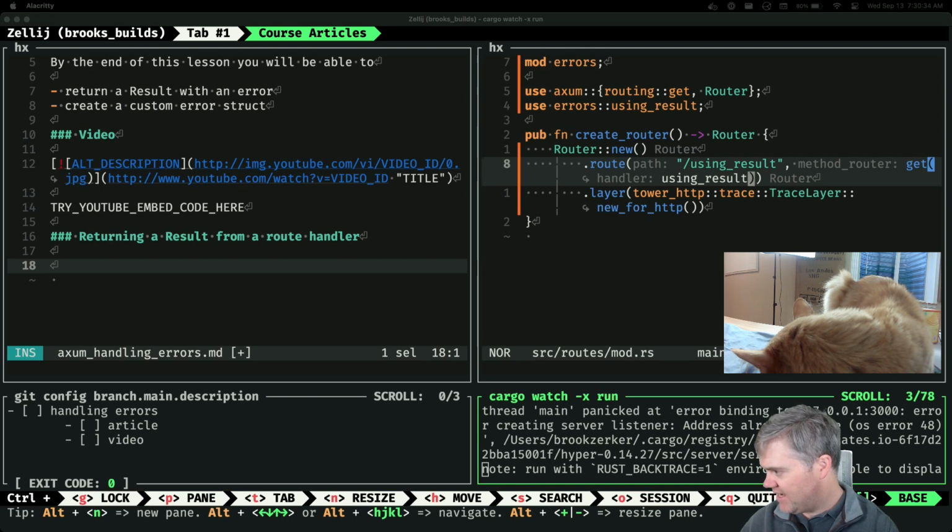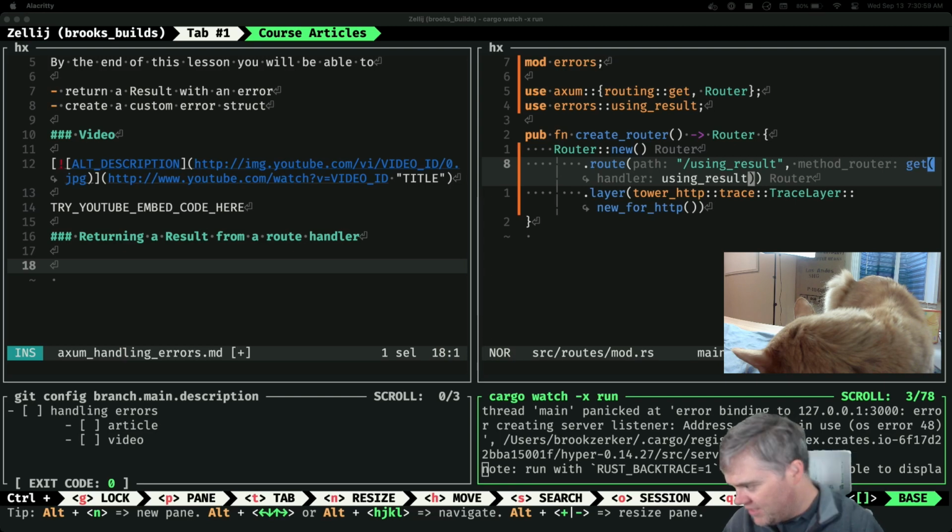I probably want dash, okay, I just want capital A. Oh, I'm searching for the wrong thing. I need grep, because I still don't have ripgrep, unfortunately.